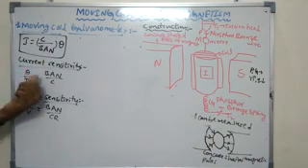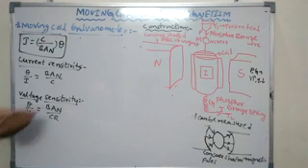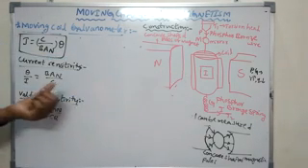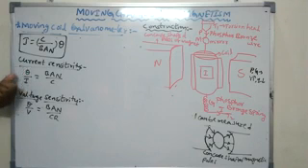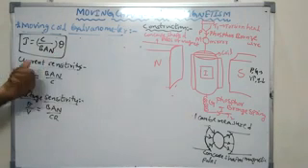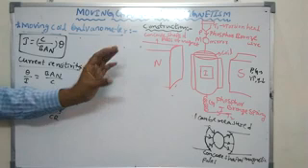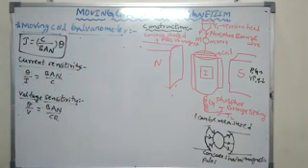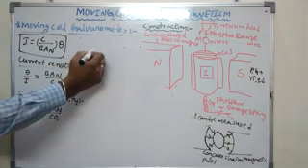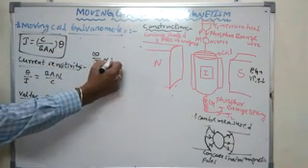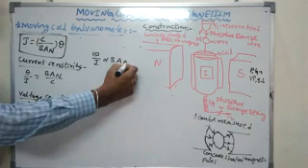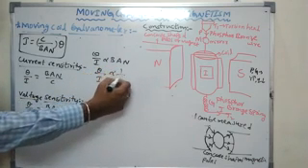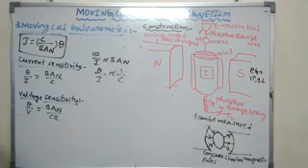Current sensitivity is inversely proportional to the couple per unit twist. That's why we take the couple per unit twist to be less. If the couple per unit twist is less, then even a small current flowing through the coil makes it twist. Couple per unit twist less means current sensitivity is more. Here, current sensitivity is proportional to B, proportional to A, proportional to N, and inversely proportional to what? Couple per unit twist.